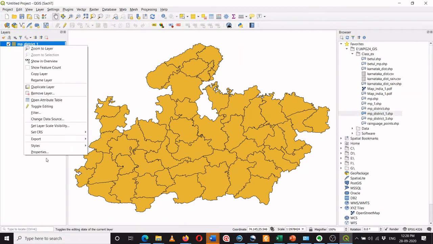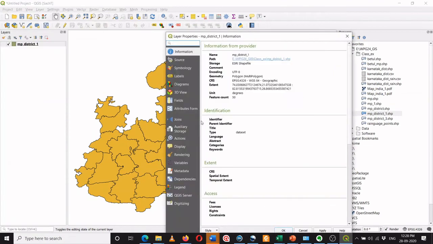I can go back to the properties. I can see what the CRS is. Here the CRS is EPSG:4326 with the datum as WGS84, and it is a geographic one, so it is imagining Earth as a curved surface. Therefore on the curved surface I cannot calculate the area. Of course I can run the operations, I will get some numbers, but those numbers will not represent the area of each district. So before calculation of area I have to reproject this layer into a projected coordinate reference system, and we'll see how to do that.